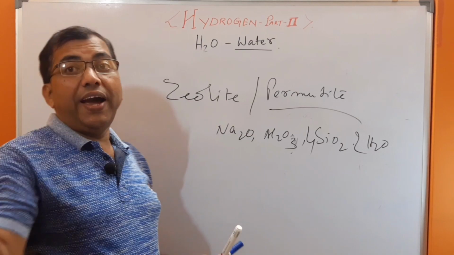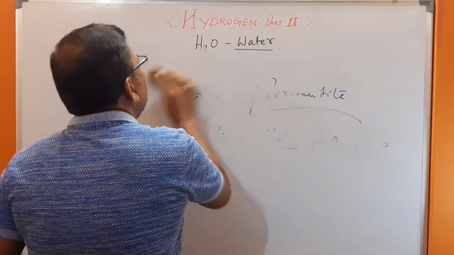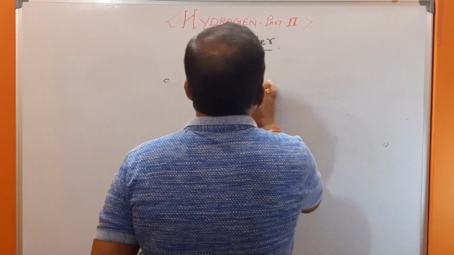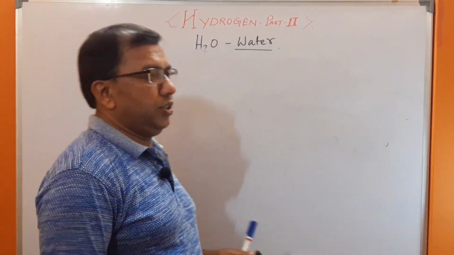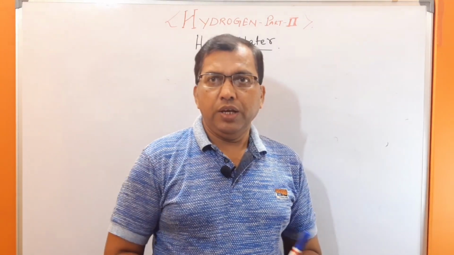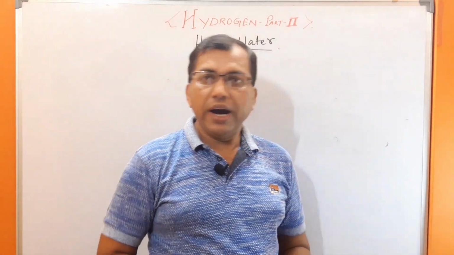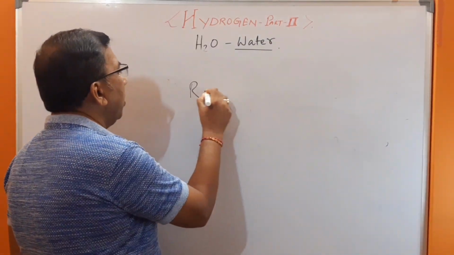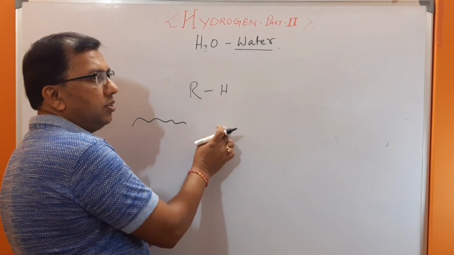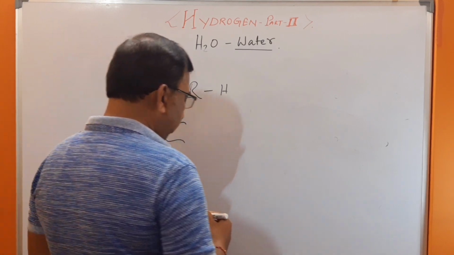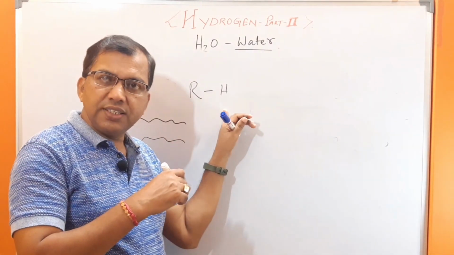But more important than this is the ion exchange process. I will discuss that. This is also known as ion exchange, meaning cation exchange and anion exchange process. Synthetic ion exchange resins are used there. The cation exchange resin is RH, and the anion exchange resins are there.